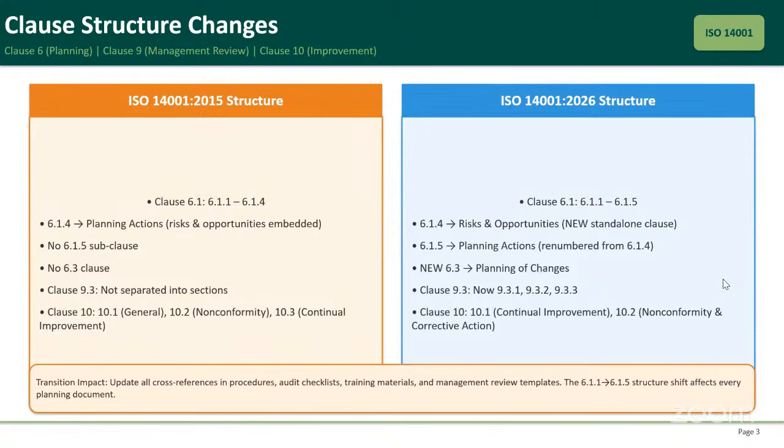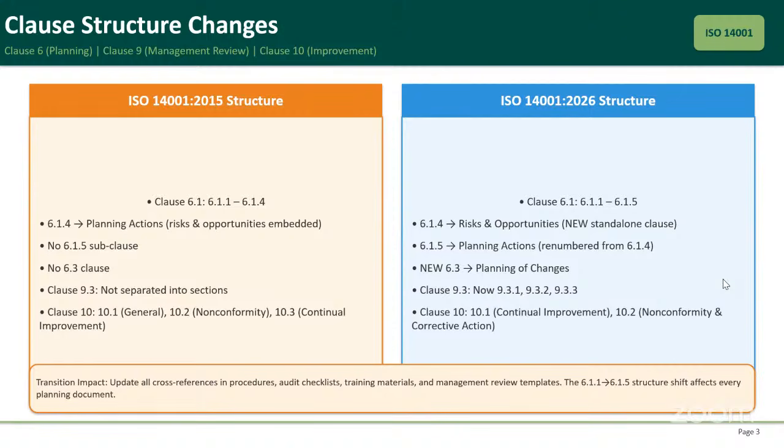Don't panic. Like I said, we will still go to those ones that have core changes, new core changes. But I'm telling you for free that most of these things, like what we just analyzed now, are just what is being put there. They just restructured it. What you have now in the new version as 6.1.4 was what we had in 6.1.1. So what you just need to do as a process owner, if you have your documented processes, is realign them when you are implementing the requirement of the earlier version, which was in 6.1.1,